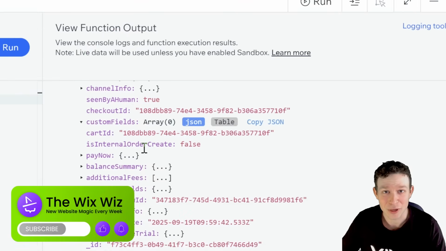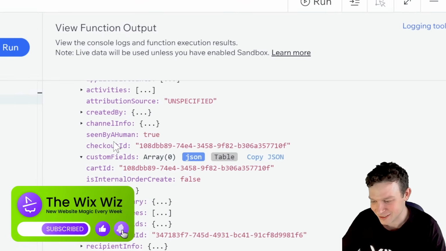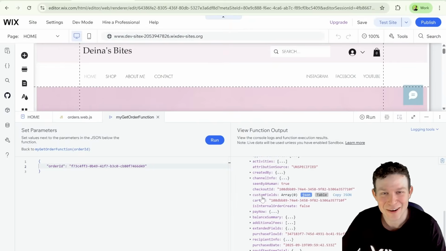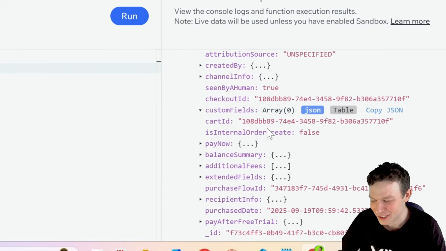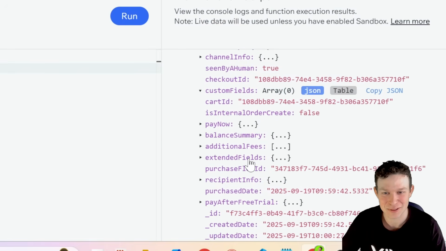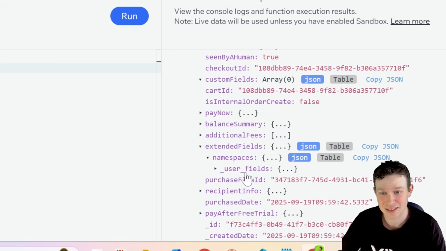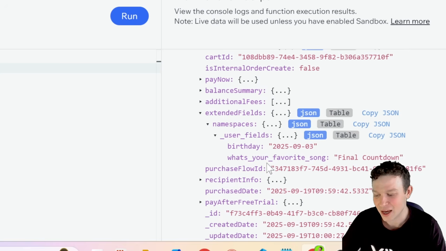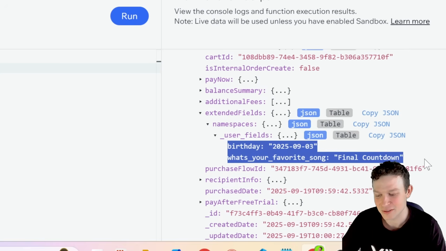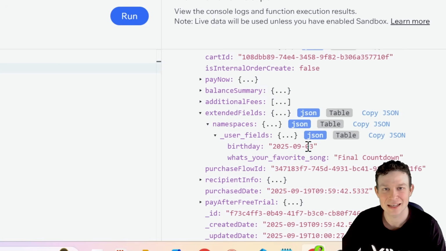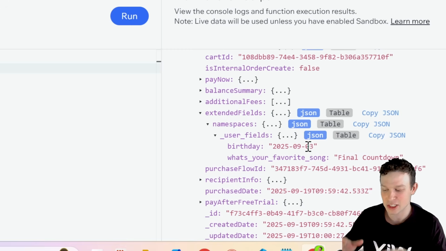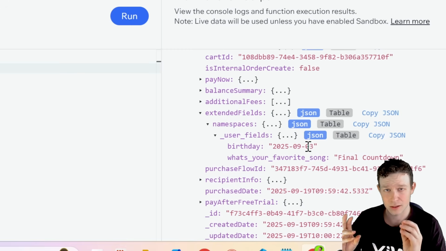I did a little poking around, and it turns out that the custom fields here is a red herring. What we're actually looking for is the extended fields right over here. If I open up these extended fields, under that there's namespaces, under that there's user fields, and under that we have the two custom fields that we added into our checkout. It's a little counterintuitive. It took me a second to find it as well, but that's essentially where we're looking in the data for